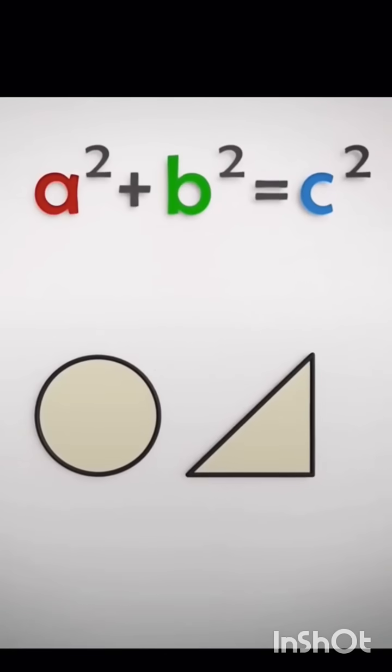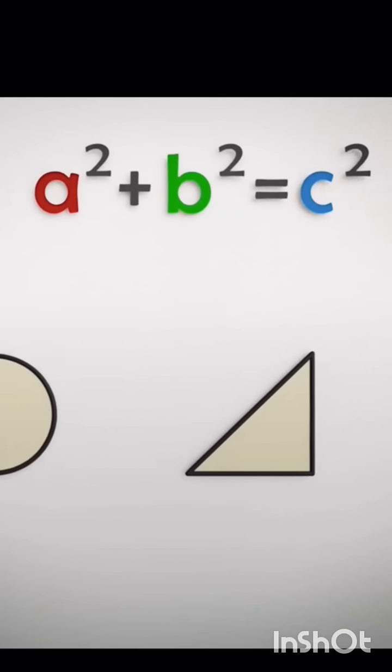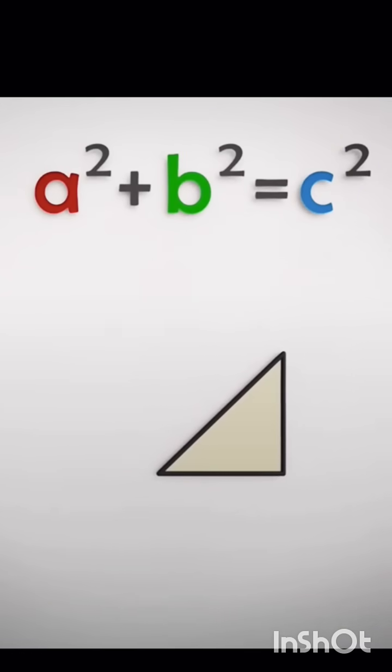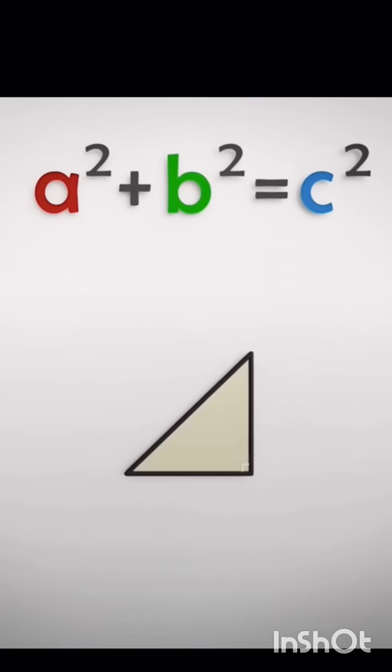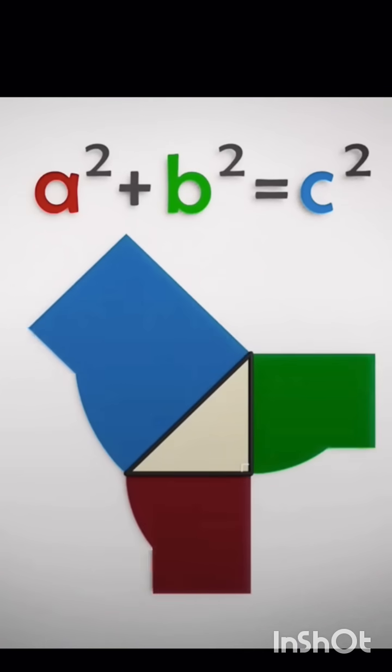Theorem that describes the lengths of sides in right triangles. How could a pattern in triangles have anything to do with circles? Let's see. The Pythagorean theorem states that in any right triangle, if you make squares out of each side, the